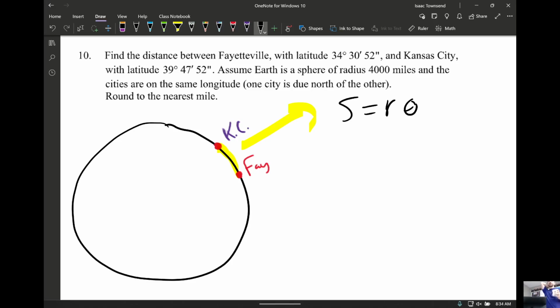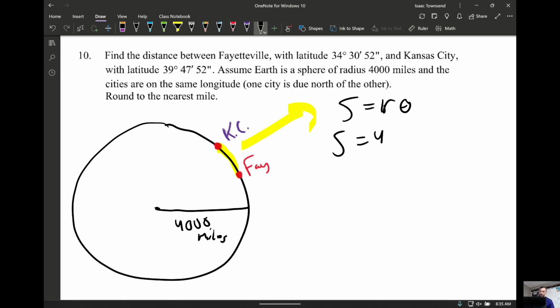But we're going to throw those cities on the Earth. We're going to turn the Earth so those cities are just kind of on the very edge. And I can see that really what I want to know is arc length. So the first tie-in is, if you want to know arc length, you're supposed to know S equals R theta. You needed that for other questions in 1 through 9. And so you only need to know two things to get the answer here. You need to know the radius of your circle, or in this case, the radius of the Earth, which was given to us,